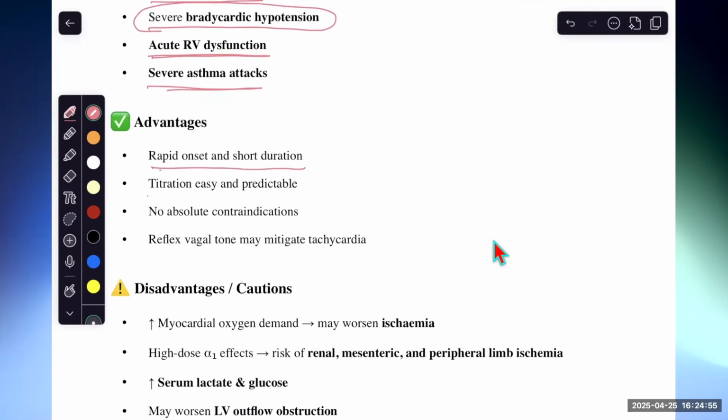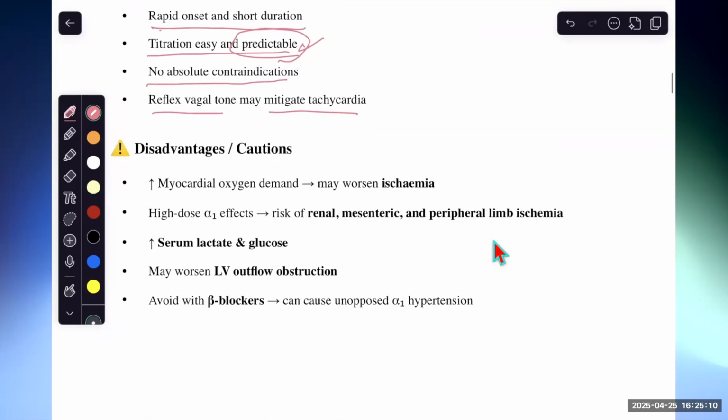What is the advantage? Rapid onset, short duration, easy titration, predictable. This is very important: you increase it, the effect increases. No absolute contraindication, no reflex vagal tone, so it will not cause any abnormal tachycardia. So far it's excellent. No, it will increase the myocardial demand, ischemia, high dose hepatic alpha 1, risk of renal,